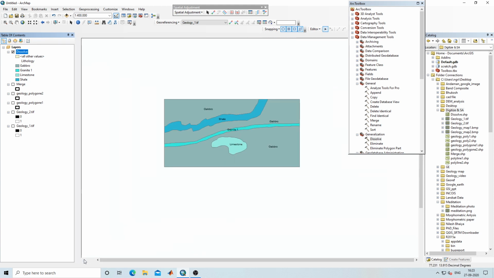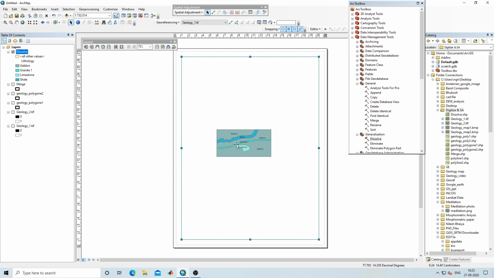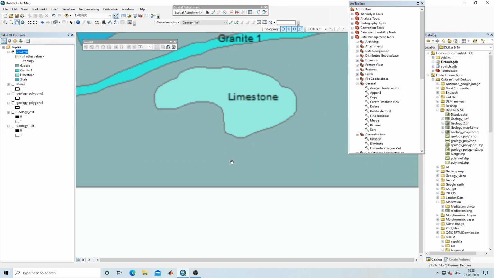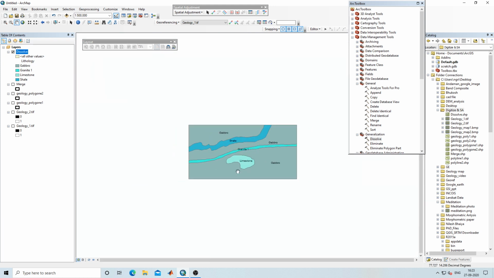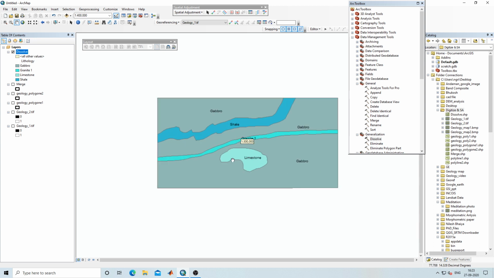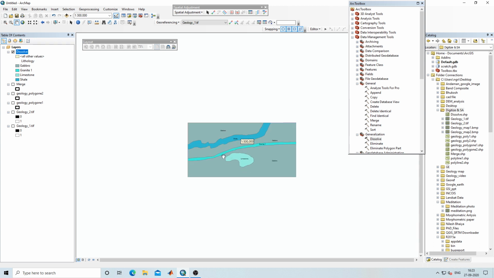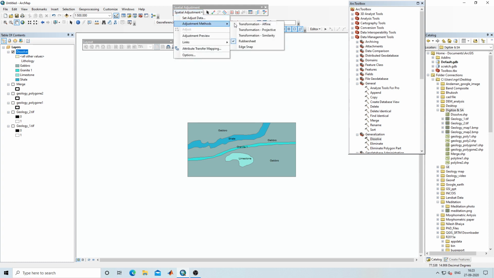And now you can merge it and you can create a map layout. Like this, we can create a map, no problem. It's very simple to create a map. So we have learned today how to digitize. Then we learned about special adjustment, we learned about rubber sheeting, we learned how two different images are merged, that we have seen, everything we have seen. So it's very simple, you can try.